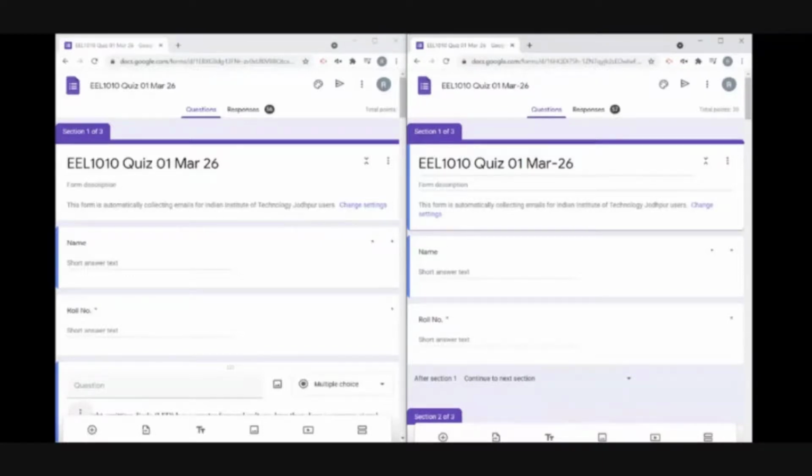So say I'm giving one figure in that question, but when the quiz is floated, the order would be shuffled. So maybe the statement where the figure featured is coming later and some other question is coming earlier. So the student needs to be prepared that, okay, in this section all these questions are interrelated. So I need to find out which question was the earlier one and then where should I go,